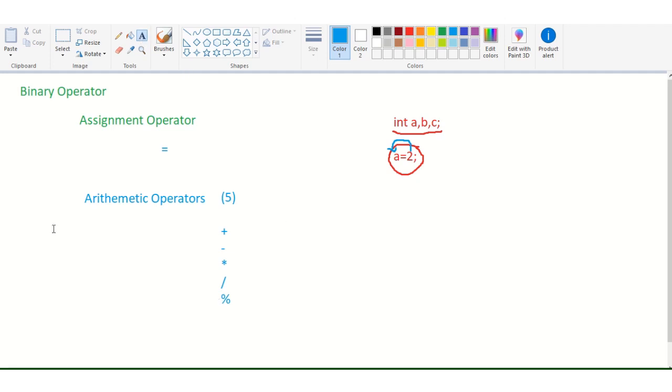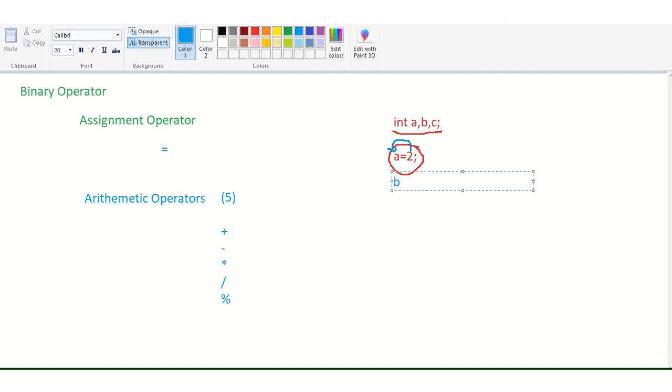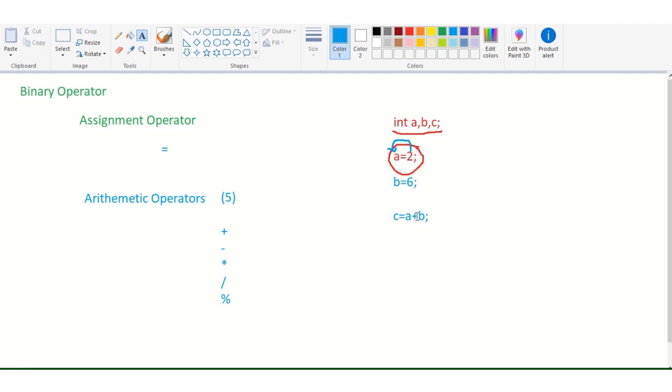Clear? For example, b is equal to 6 semicolon and c is equal to a plus b. Now this is a binary operator, in between the two operands.